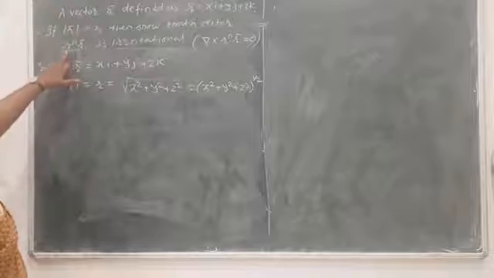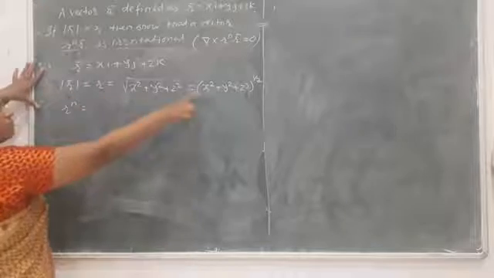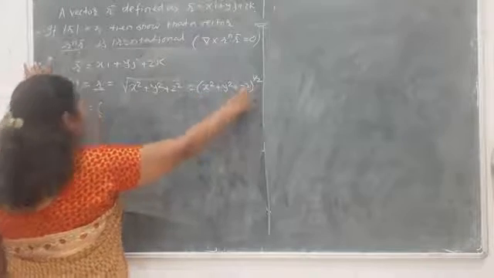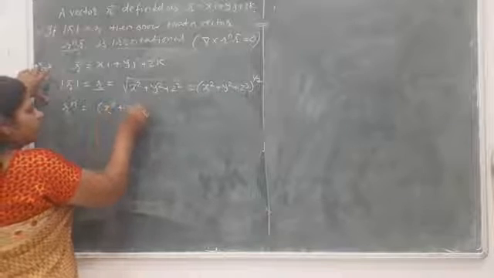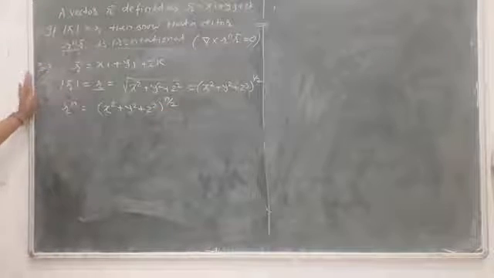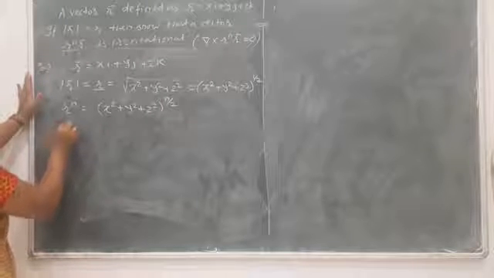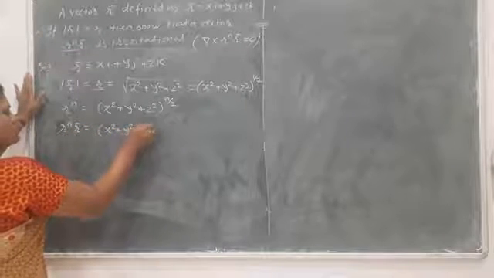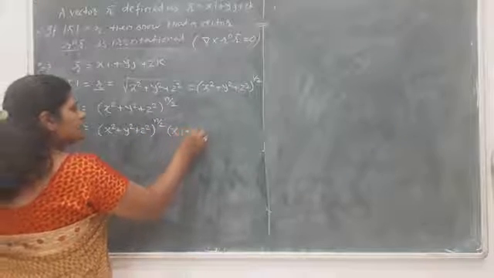So in this way, now we have to find r raised to n. So r raised to the power n, that means we have to apply the power n on both sides. The value of r is x square plus y square plus z square raised to 1 by 2, so if you apply the power n, r raised to n is equal to x square plus y square plus z square raised to n by 2. In this way we get this. Now we write r raised to n into r bar, that is equal to x square plus y square plus z square raised to n by 2 into r bar, that is xi plus yj plus zk.